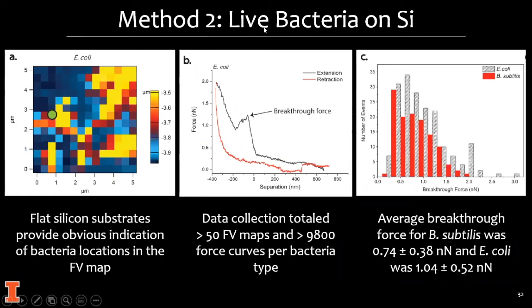We went back to a silicon wafer and we populated the silicon with a lot of bacteria so that anywhere we put the tip, there should be some. And then we just straight away took a force volume map over a larger area. You can see this is 5 microns so that it should be able to find one or 3 of the bacteria. And because the silicon is flat, the only changes in height that you should be seeing is from bacteria. And so these bright regions, they're low resolution, but we know that this is where our data would be